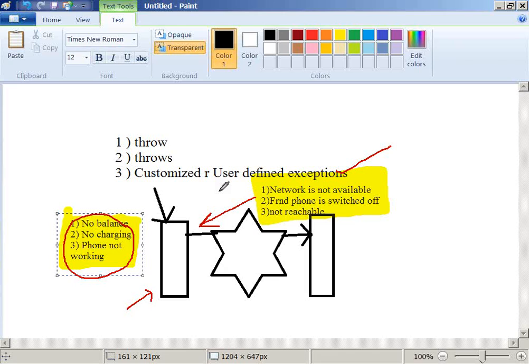Right? The main point in this discussion is that the problem may occur with your mobile phone, or it may be a network problem. Ultimately, you are the one who is going to be affected, right? So this may be an internal problem of your phone or it may be an external problem of your network. Ultimately you are affected because you cannot make a call. That is the first point. If the problem is internal, then it is 100% your responsibility to solve it, right?